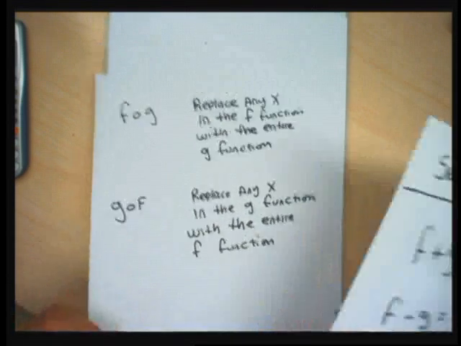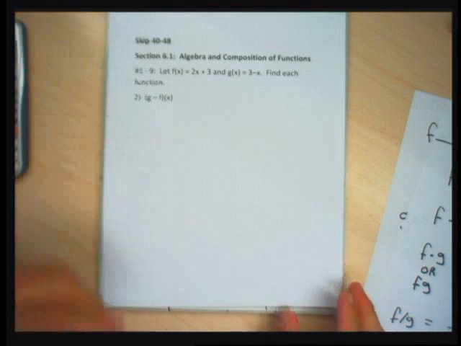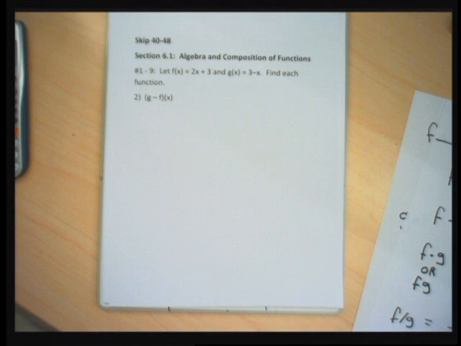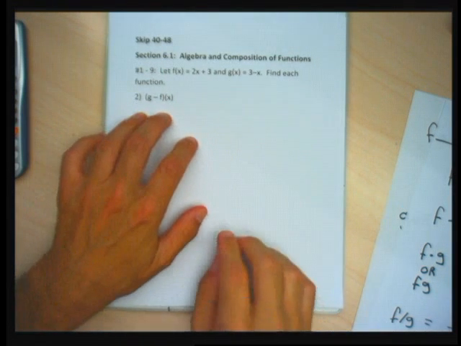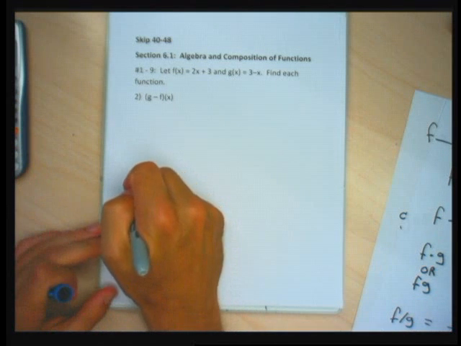Right. So in section 6.1, we're asked to take two functions and create a new function with the two functions. And the notation here, a lot of students, because they're used to mathematics notation and how it's normally used, if they don't watch the videos or if they don't practice their homework, they start to do bad things. This notation, g minus f of x, just asks me to subtract